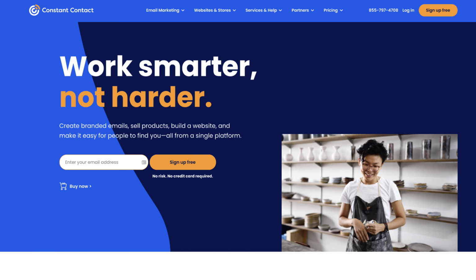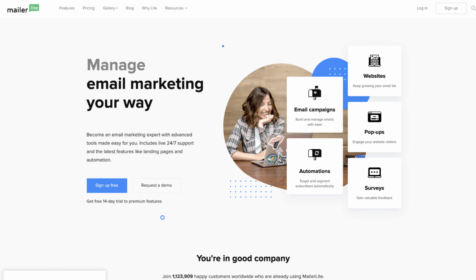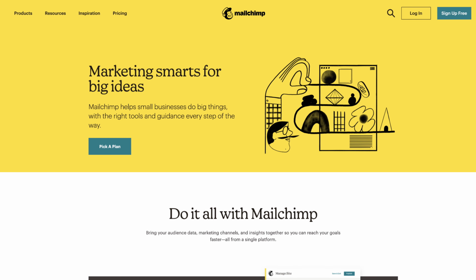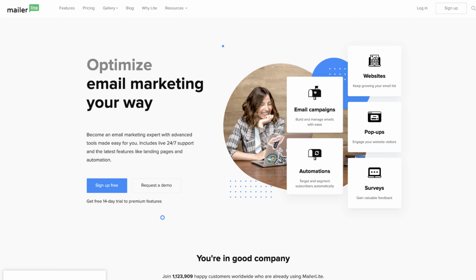MailChimp is another, Constant Contact, Aweber, there's tons of them out there. I've worked with several of these. They're all kind of the same thing, but some of them offer different perks. Like for example, MailerLite, I believe you can do a lot of stuff for free before you have to start paying anything. MailChimp, I believe, is similar. These other ones, I don't think are free, but it's been a while since I've looked at them. So it's kind of up to you.